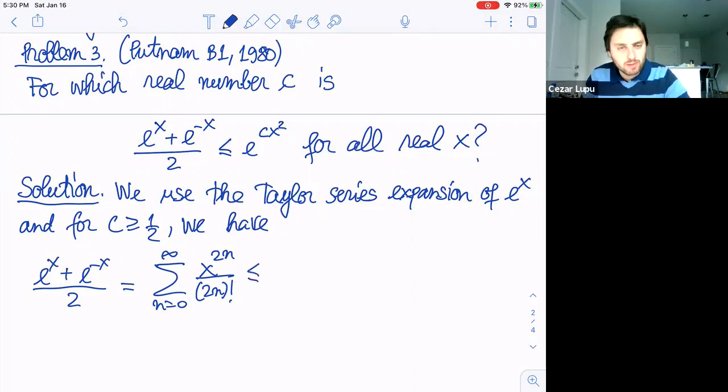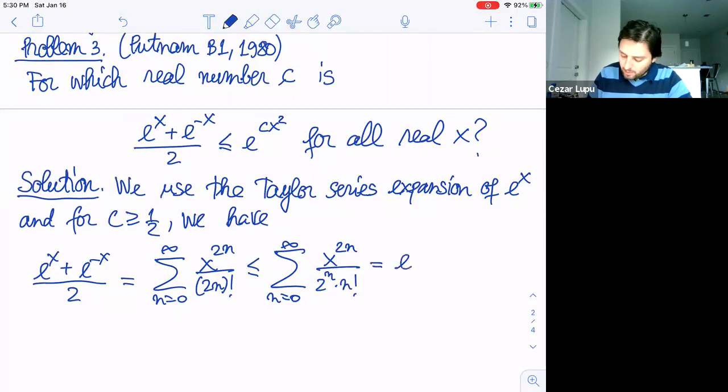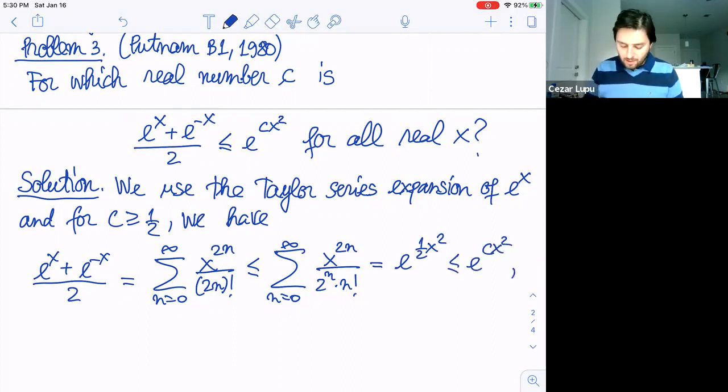And also, I'd like to compare with the Taylor series expansion of e to the power 1/2 x squared. So this would be less than, and here I'm going to use an inequality which follows immediately even by induction, but you can use Stirling's approximation. But anyway, let me just write it. So it's the sum of x to the 2n over 2 to the n times n factorial, which is nothing else than e to the 1/2 x squared. Well, and the previous sum is less than this one, since we used the inequality,